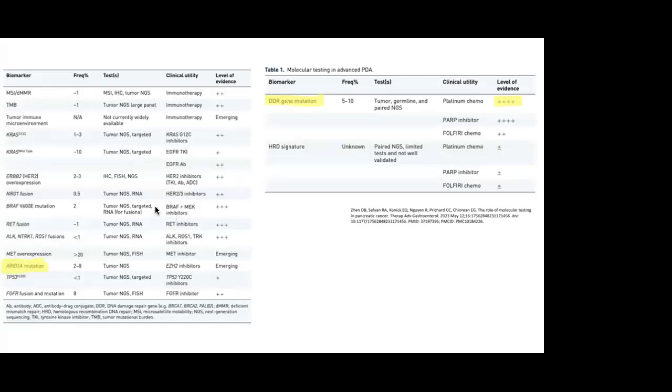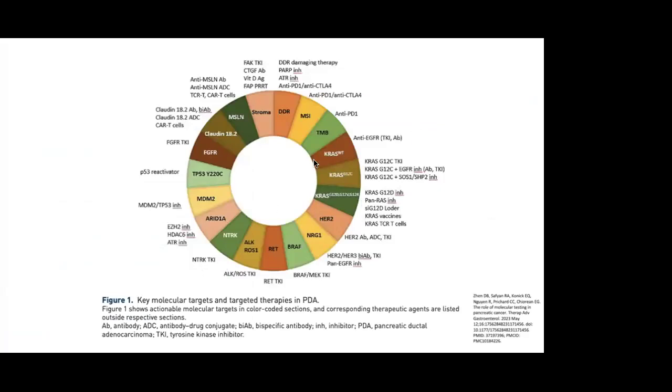This is a new paper. As you can see, critically, tumor mutational burden, KRAS G12C, and DNA damage repair gene mutations stand out as significant. And there are a lot of alterations in here. We talk about ARID1A mutation, and maybe soon EZH2 inhibitors may be an option for treatments. And this figure shows actionable molecular targets in color-coded sections, and corresponding therapeutic agents are listed outside respective